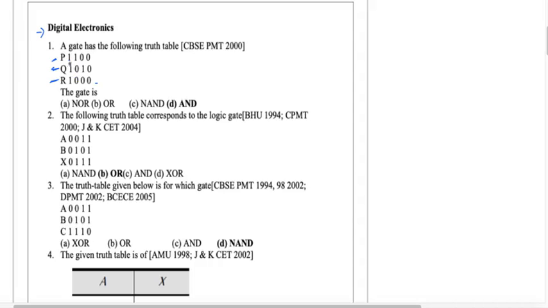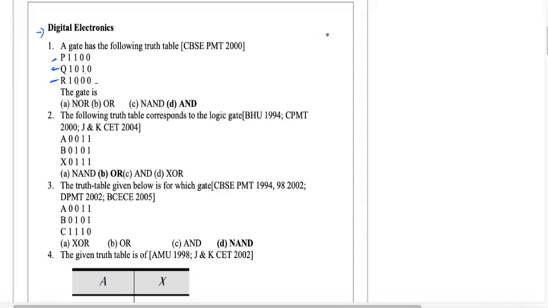Okay, so if both the inputs are one, you're having one as output. So either it will be an OR gate or an AND gate, whereas in NOR and NAND gates, you get a different output if both the inputs are one. The next one is input 1 and the other input 0, and here the output is 0. The third one is input 0 and the other input 1, the output is 0.